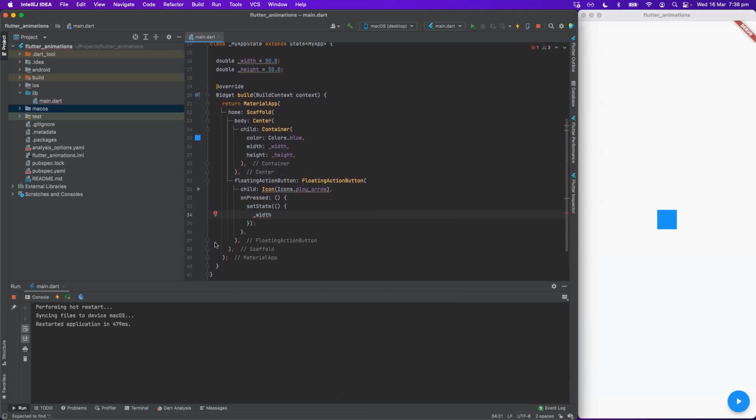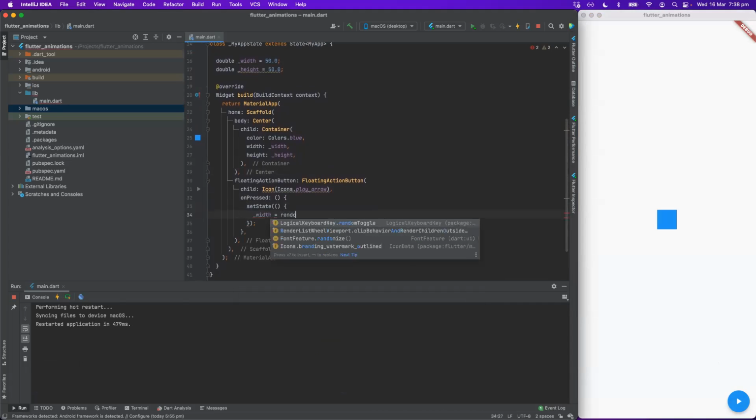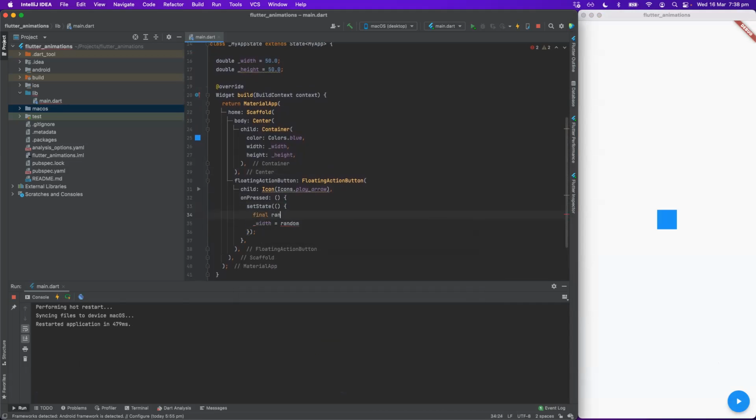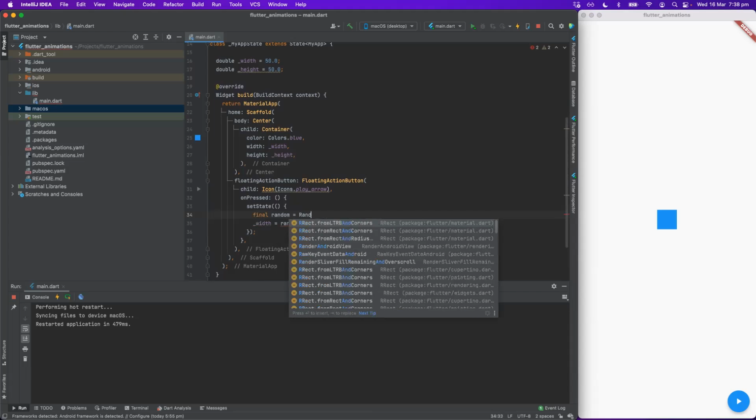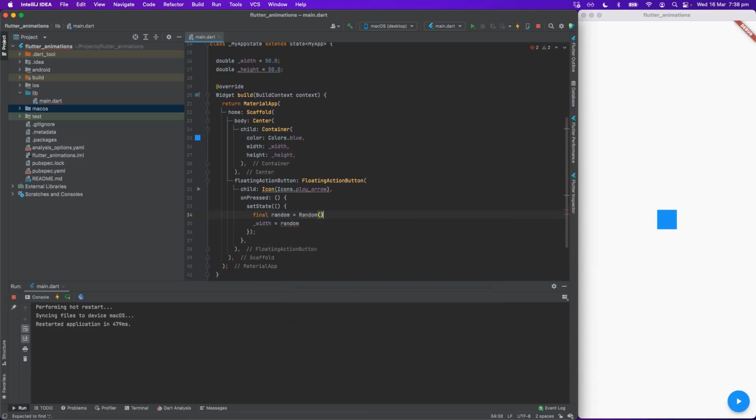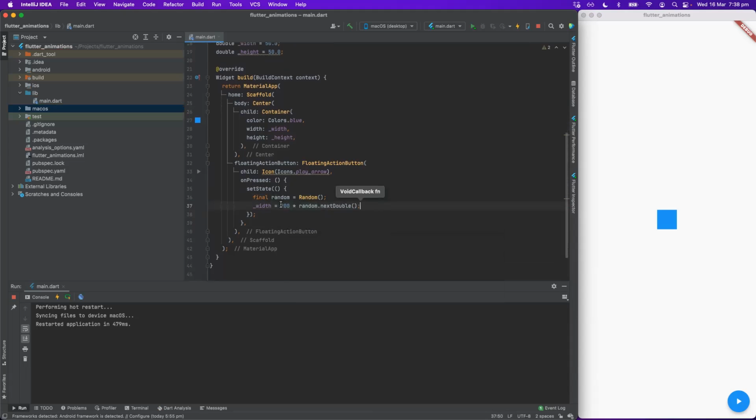I would like to maybe choose a random value for that width. I'm going to declare a new Random to generate the random values. With that random, I'm going to just create a random double and multiply this by, let's say, 200, because I want this to be a maximum of 200.